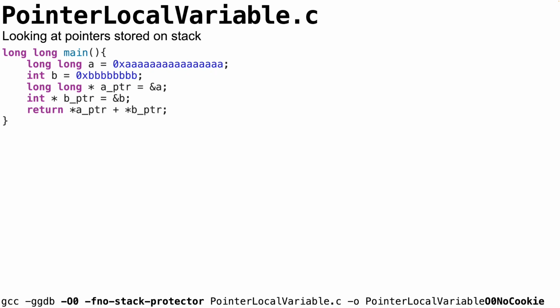I wanted to cover at least one example where we used some pointers and saw how those look on the stack, because pointers are definitely one of the harder things to wrap your head around when you're first learning the C language. So in this example, we have long A, which will be initialized to all A's, integer B, which